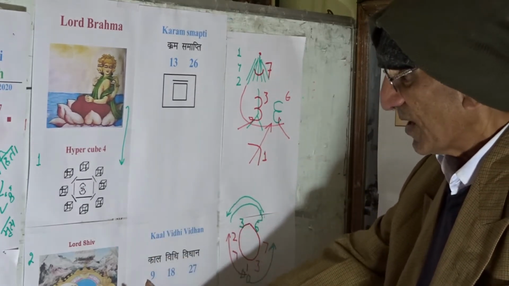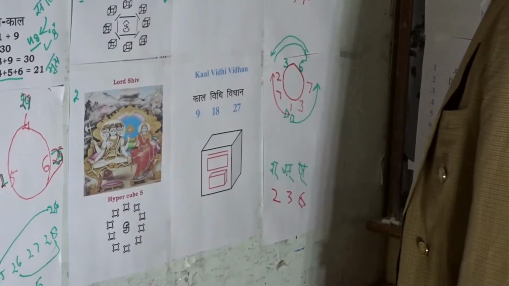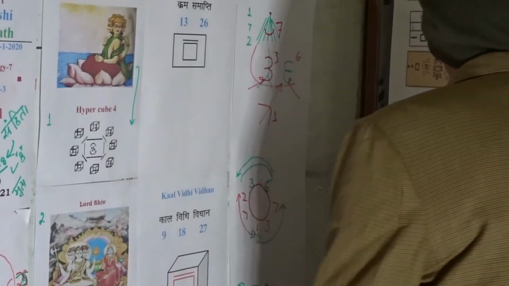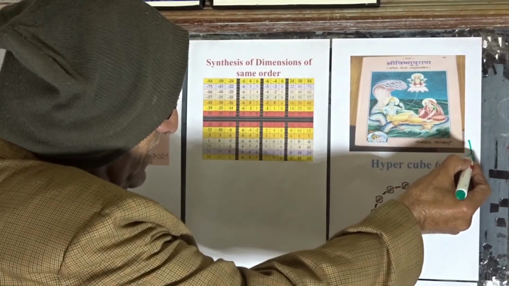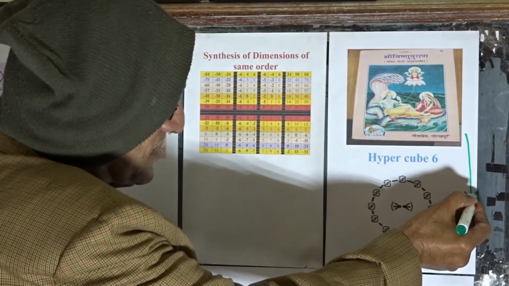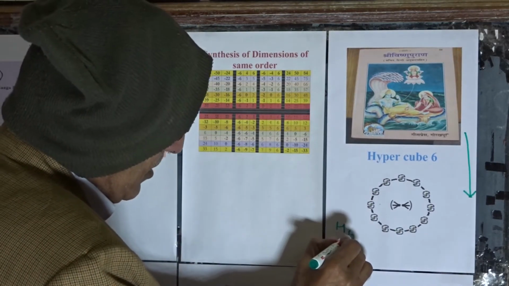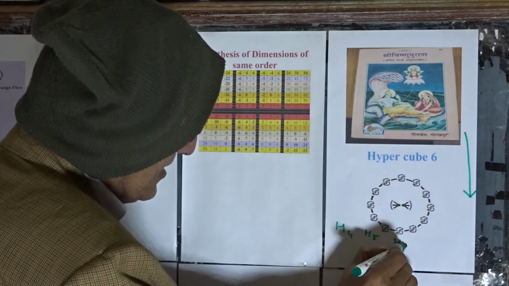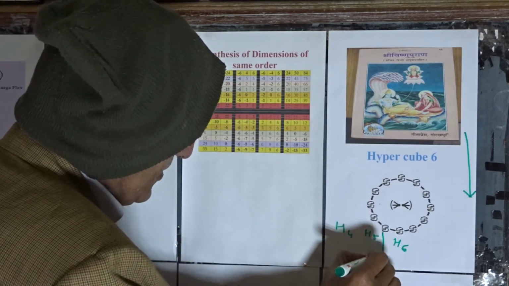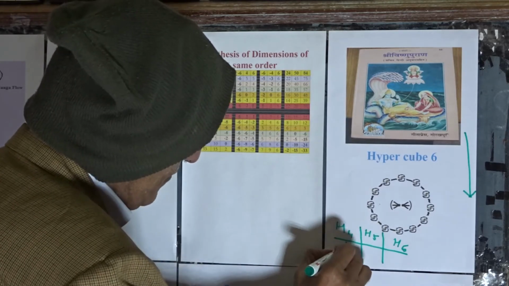The representative regular body of 5 space is hypercube 5, and in continuity we will reach at the representative regular body of a 6 space, that is hypercube 6. Therefore, hypercube 4, hypercube 5 and hypercube 6 are the bodies of 4, 5 and 6 spaces manifesting within 4